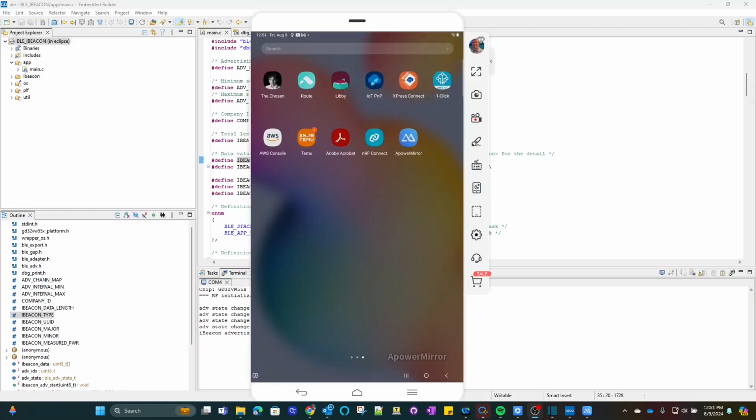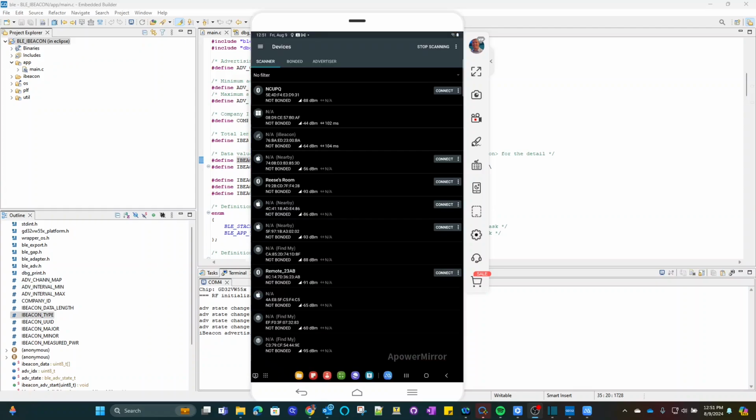Okay, so I have my Android tablet hooked up here. We're going to go into the nRF Connect app. So let's go ahead and do that. So you can see there are a lot of Bluetooth devices advertising in the area. But in particular, we are advertising as an iBeacon. It does not have the Apple icon because we do not have a license for it. So let's go ahead and dive into the iBeacon